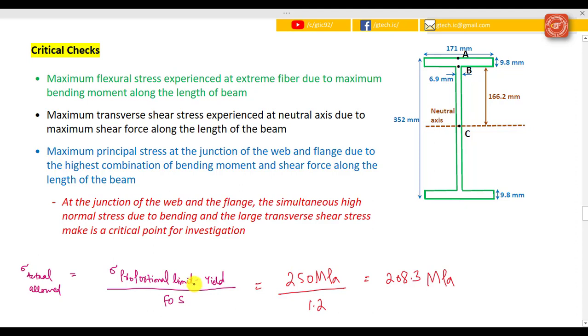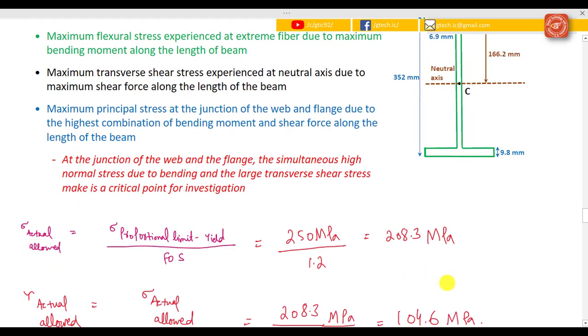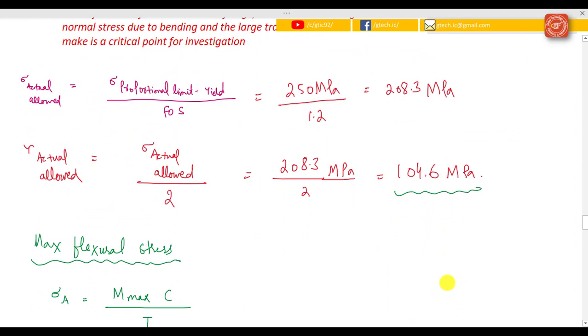The proportion limit is 250 megapascal and the factor of safety is also given, that is 1.2, and we know that the sigma allowable is equal to 208.3 megapascal. So we know that the actual shear stress is going to be that normal stress divided by 2, or in this case